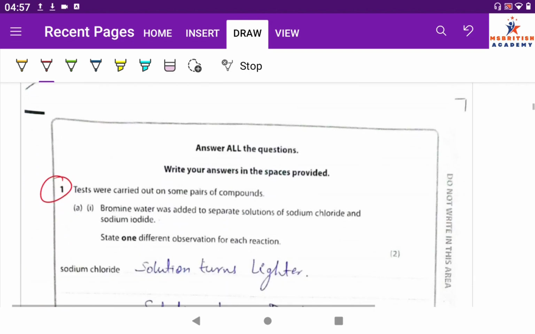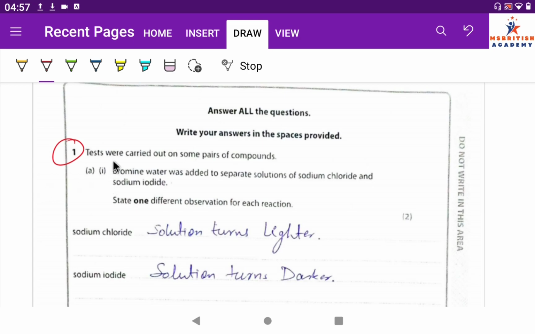In this, the very first question is, tests were carried out on some pairs of compounds. A. First, bromine water was added to separate solutions of sodium chloride and sodium iodide. State one different observation for each reaction. So when bromine reacted with sodium chloride, okay, so as you know, chlorine, bromine and iodine, down the group